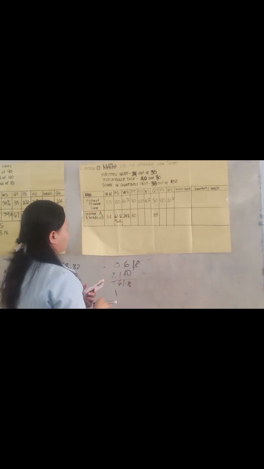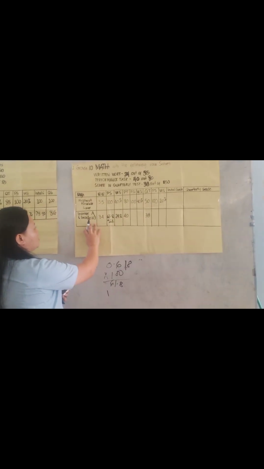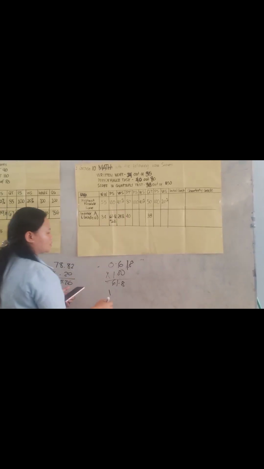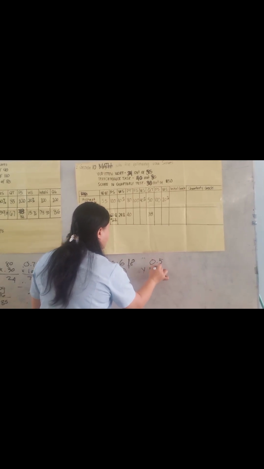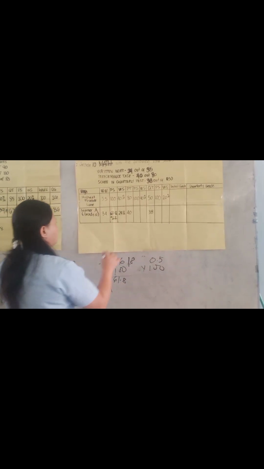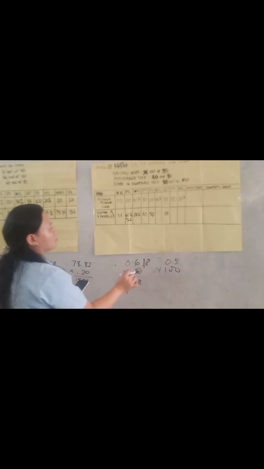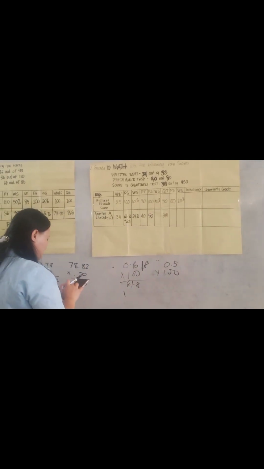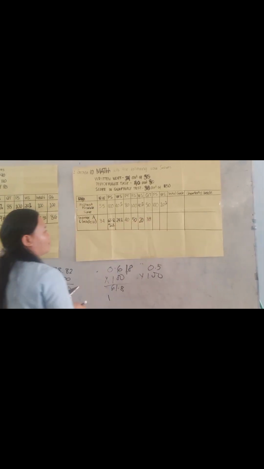And then we're going to compute now the performance task. Same with the written works, we're going to divide the learner's score by the highest possible score. So 40 divided by 80 is 0.5, and then times 100. And now we're going to have 50. And to get the weighted score, we're going to multiply that as well by 40%. We have 20 for the weighted score.